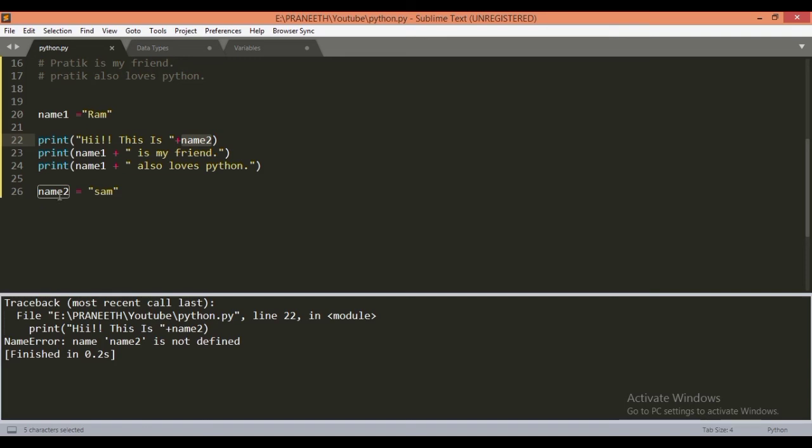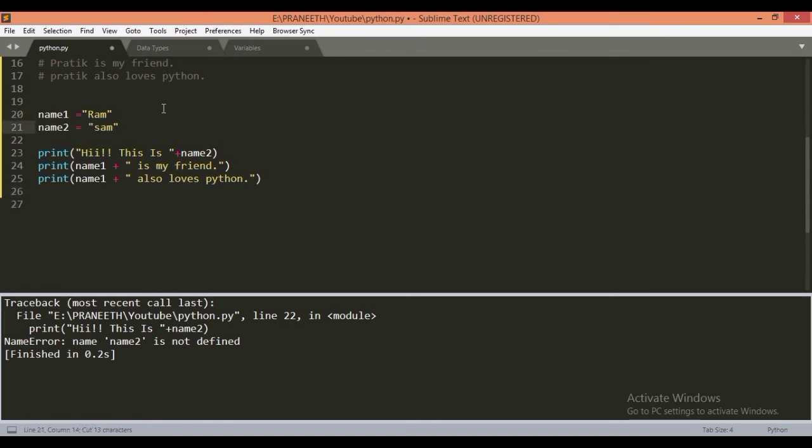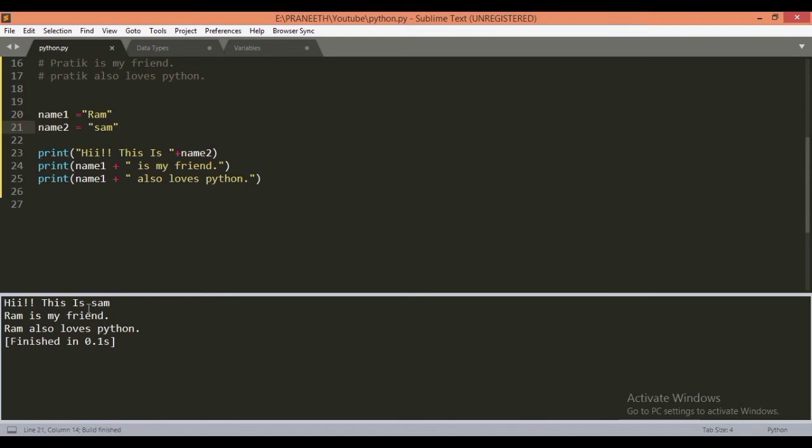Name2 is declared after this. So at this point there is no name2 in the computer, and Python throws an error about name2. So we have to first declare everything and then run. Now here we can get Sam.